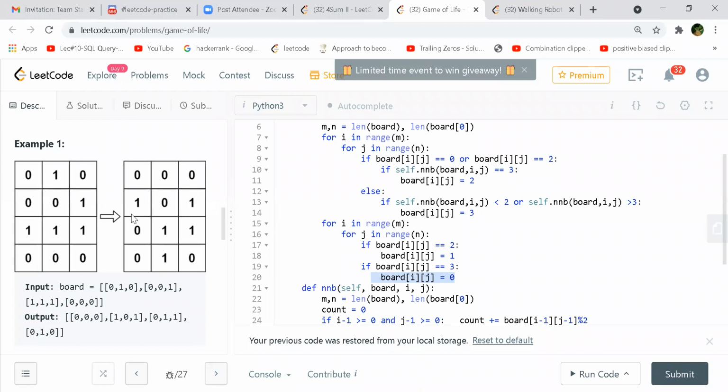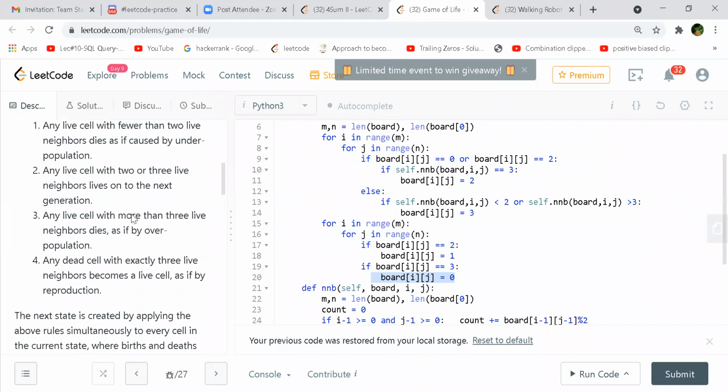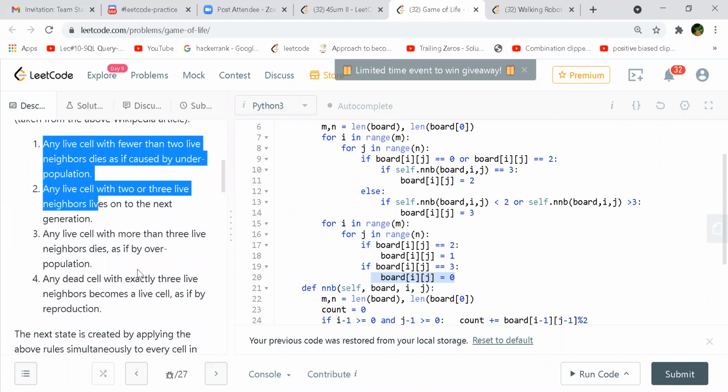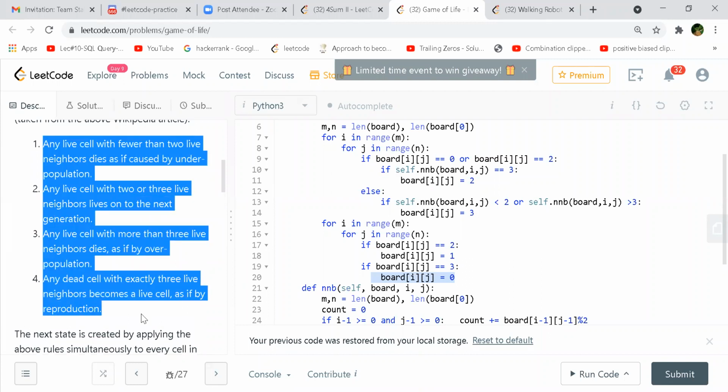Then I think you didn't follow the rules. These are the 4 rules. If you follow the rules and do the implementation as we discussed for the previous one, with actually not changing anything in place, what you would do? You would keep on modifying the same cell values. So now you are changing the values, but when we go to the next cell and take the previous cell as its neighbor, you don't have the previous values, correct?